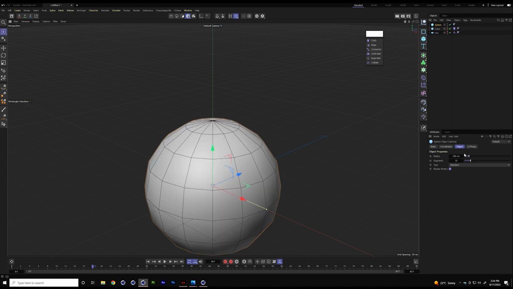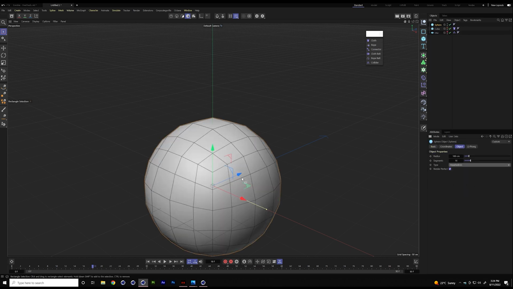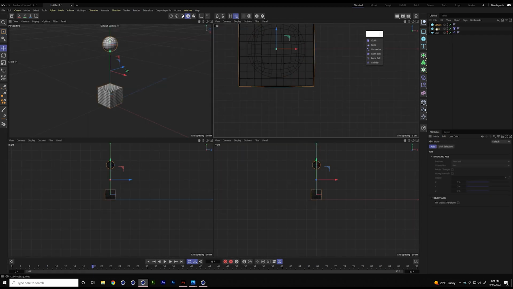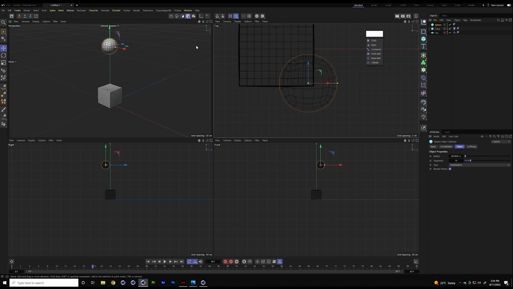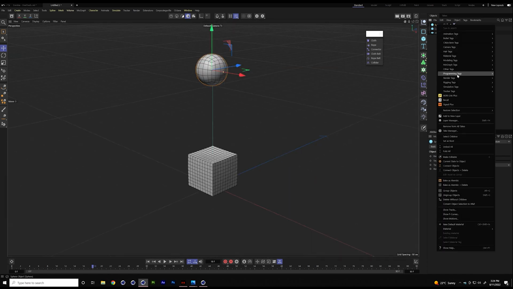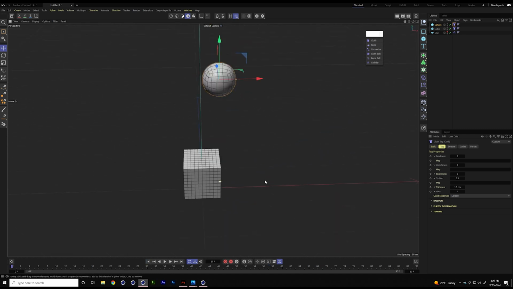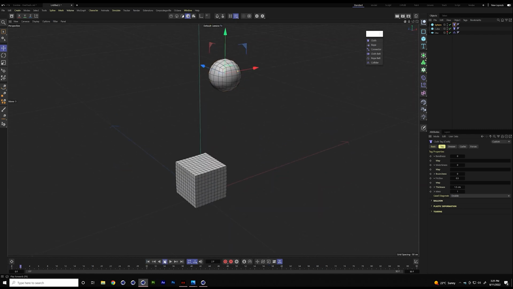Now let's make this a hexahedron, because it's all quads. Let's make it nice and small, lift it up, and I'm going to place it there we go, right here. And right click, set this to cloth as well, and set this to 0 as well. So now we have a jello ball falling on a jello cube. Always rewind if you want your simulation to play. So there we go. That's what we have. We have a jello ball falling on a jello cube.